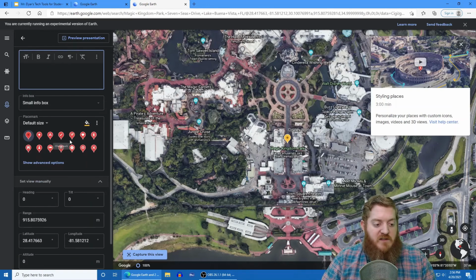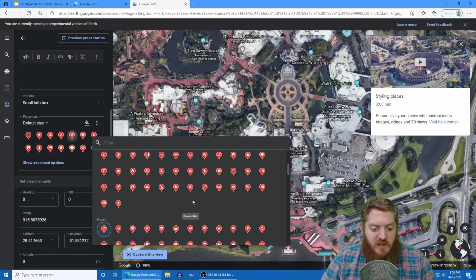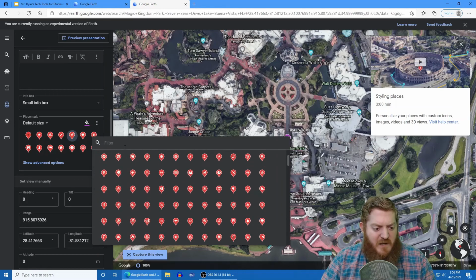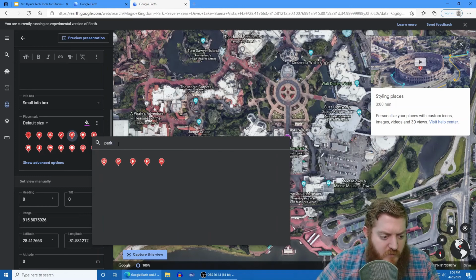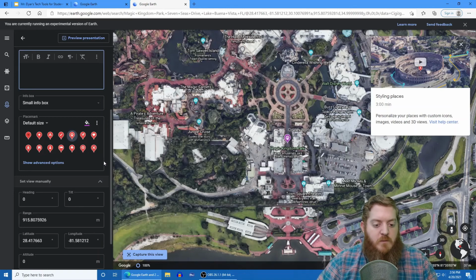Now they also have these place markers on the map. So I can just kind of change the color and make it a blue dot or a purple dot, something like that. I can give it one of these more exciting little pictures here. And you can see all sorts of different icons in the list right here. I think there might be some kind of theme park one. Let's type in park and see what we get. Amusement park. Okay, so now I have this little amusement park icon. I can change the colors again and do whatever I want.